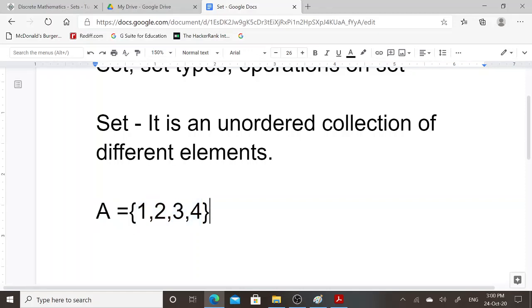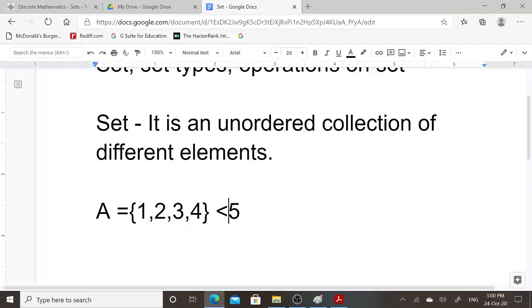Remember, here I have explicitly mentioned less than 5. Thus, the elements that appear in set A are 1, 2, 3 and 4.